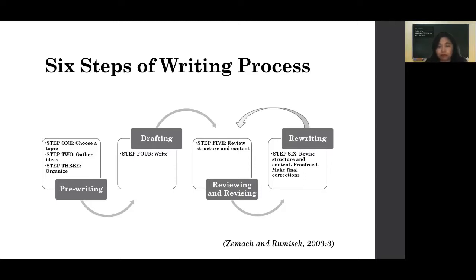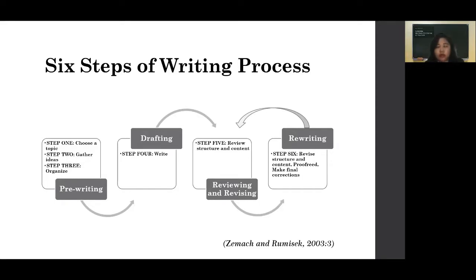Commonly this step, revise structure and content, is sometimes called editing. Do editing, rewrite. Don't use the same paper, use a different paper. Rewrite it. Then after you finish revising structure and content, do proofread.